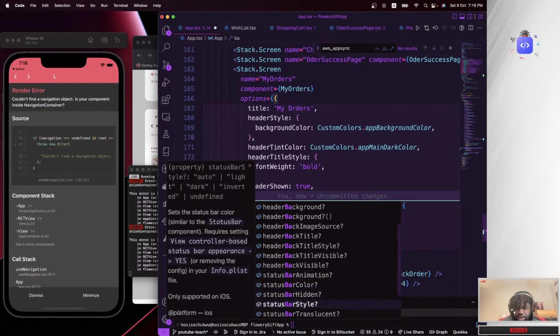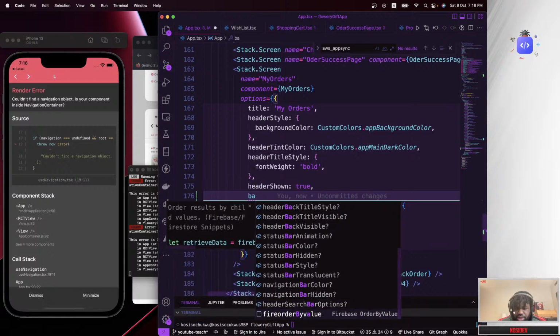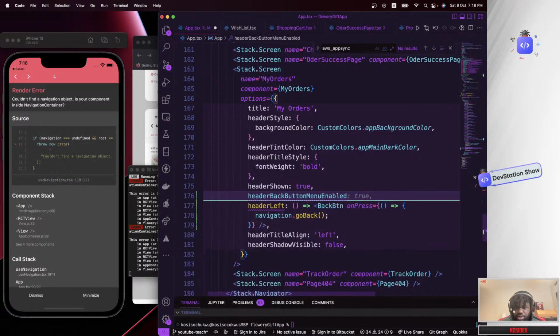So let's add a header back button. I'm trying to figure out how we could actually do that, since we can't do it the other way around.